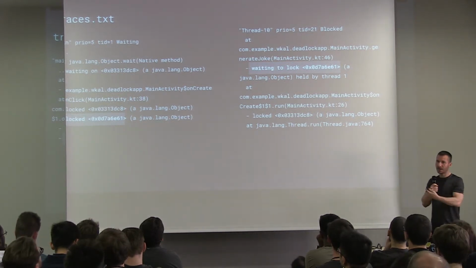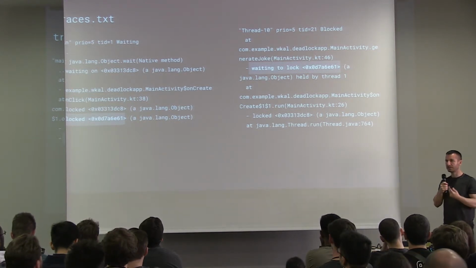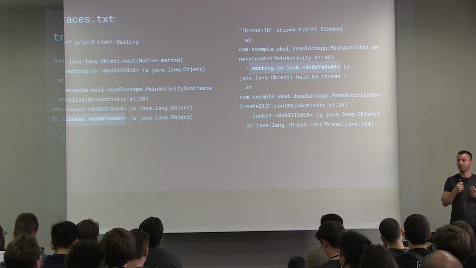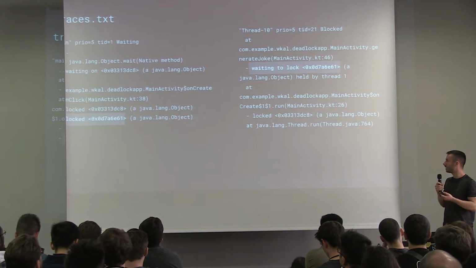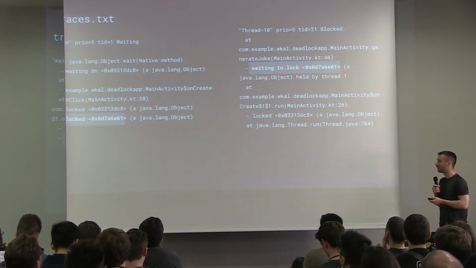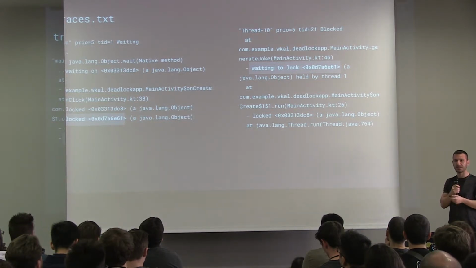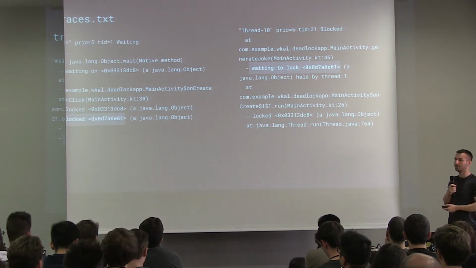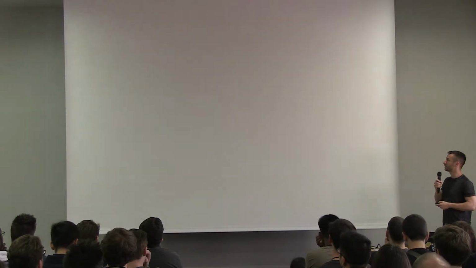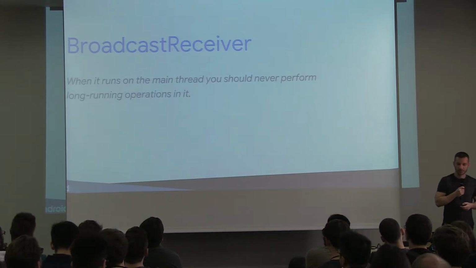So this is how you use these terrible, scary traces to debug these really difficult to find and difficult to handle deadlocks and other problems like thread starvation, live locks, and so on. I suggest you read about it. And every programmer should know how to do multi-threaded programming, but it's literally best to stay away from it and use whatever facilities the system or the libraries that you use give you to not have to deal with those things. And I mentioned that the last way you can cause an ANR are broadcast receivers.